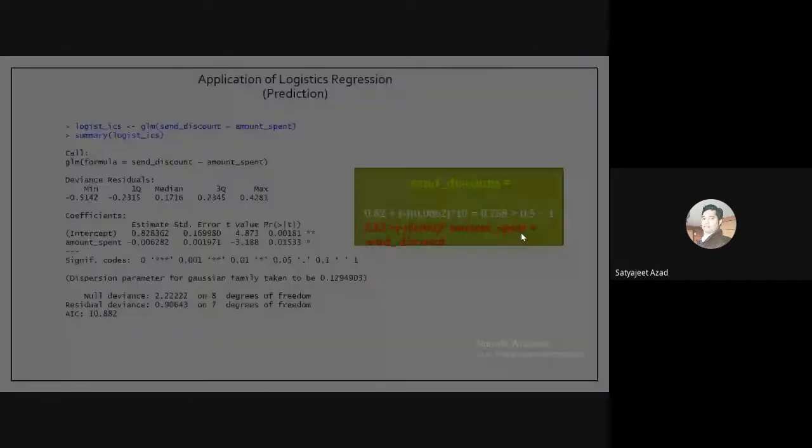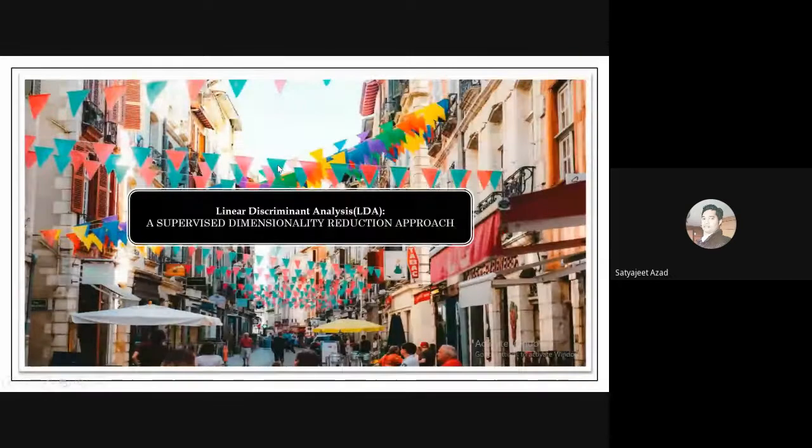So now the second topic is linear discriminant analysis. I think in a previous session, one of the professors also discussed linear discriminant analysis. This is also a classification problem, but there is something attached with it: it also reduces the dimensions. This is an important one. They classify, but while reducing the dimensions.